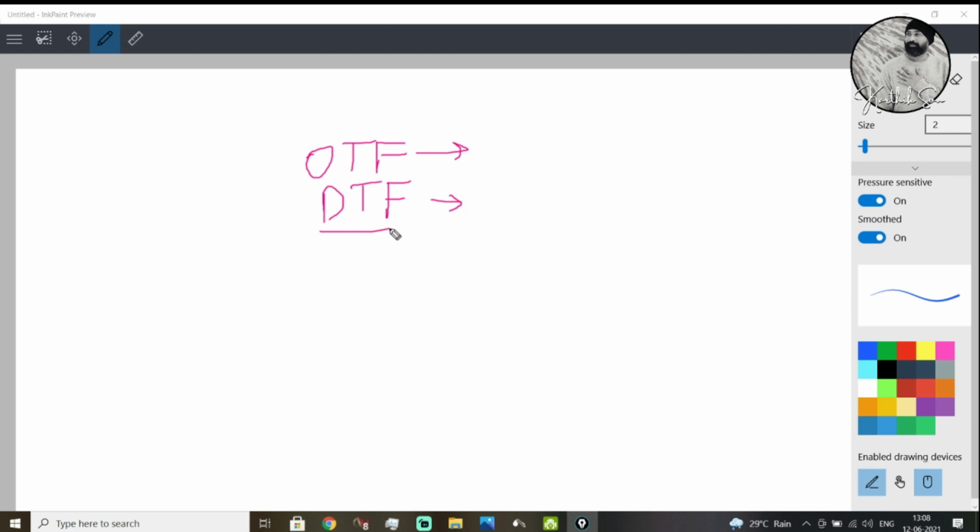Those types of traders are OTF traders. Actually, OTF traders are the traders who really move the price. Once the OTF traders come, the price will take a direction. The OTF traders are the ones who decide the direction of the market. DTF traders are the people who are going with the direction or failing in the direction. That's it. Okay. How OTF, which means what? Not all the OTF players, like all the positional players, are on the buy side. Not all the positional players are on the sell side.